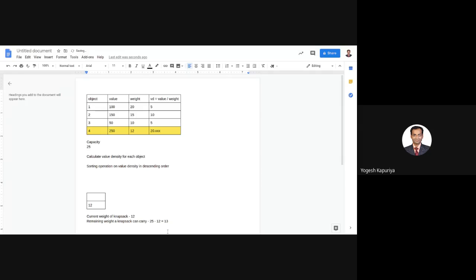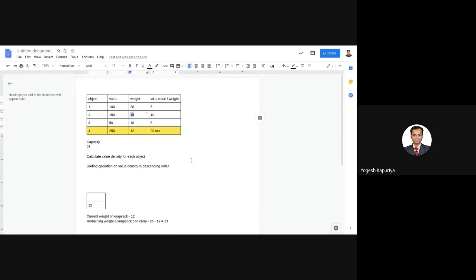So every time, before I select an object, I will check whether the total weight of that object is less than the remaining weight a knapsack can carry. So 15 is obviously not less than 13. Now this is a case of a fractional knapsack problem. So instead of keeping this object entirely, I will take a fraction of that object.